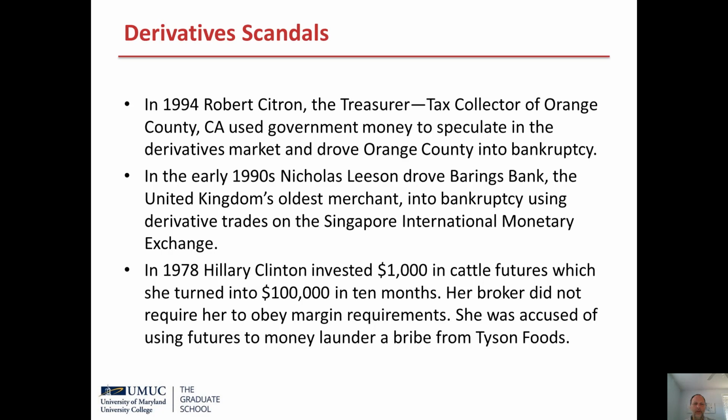The way that would work is the broker would just have two contracts. They wouldn't put a name on them. And if the price of the cattle futures went up, they would assign the long to Hillary, and they would then assign the short to Tyson. On the other hand, if cattle futures went down, then they would assign the short to Hillary and the long to Tyson, and then the broker could get away with just backdating the margin purchases on cattle futures.